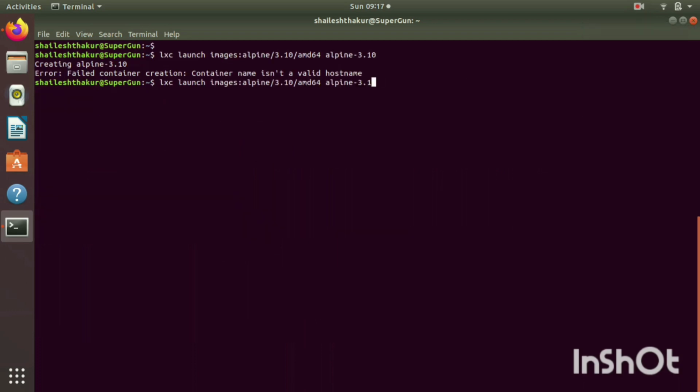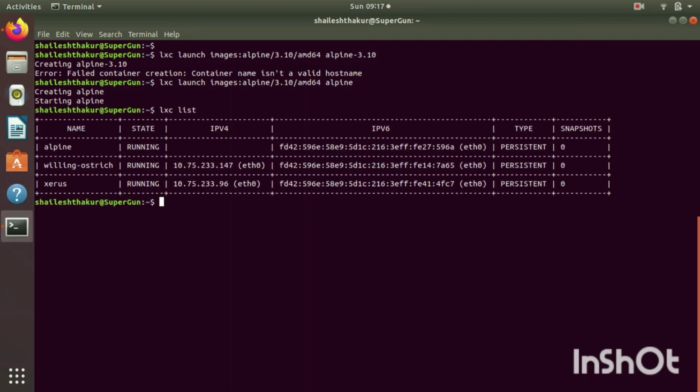There is a naming convention that you cannot use dots. You can use underscores though, but let's go with alpine in this case. So we have Alpine provisioned, as you can see, by doing lxc list.